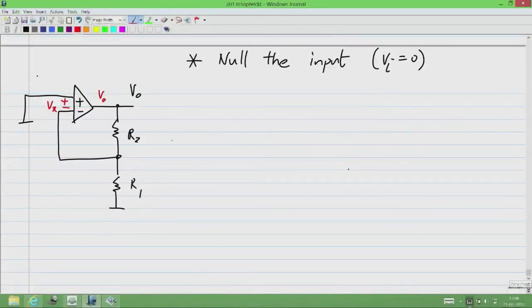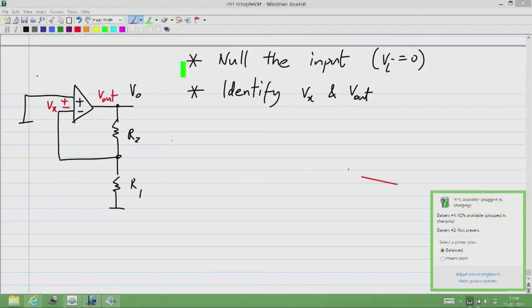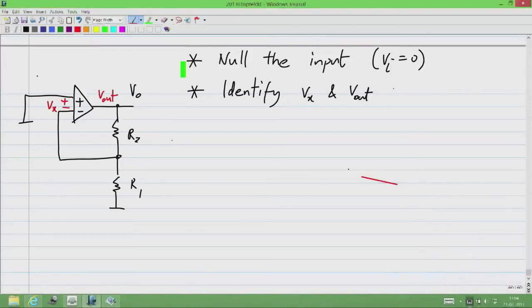Okay, but as a procedure, you just identify Vx with the appropriate polarity, that is plus here and the minus there. Okay, let me call this V out. This is really the output of the op-amp. In this particular circuit, it is also the output of the circuit. Okay, you can have more than one op-amp in a circuit. Vx and V out of the op-amp. Okay,